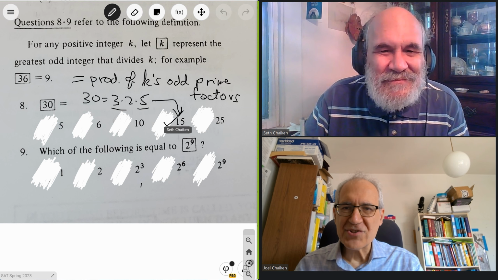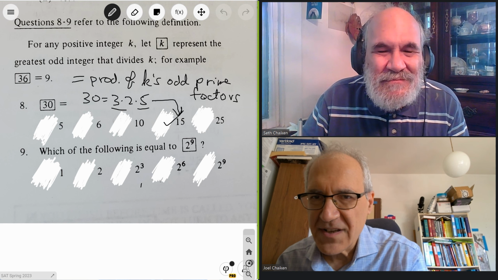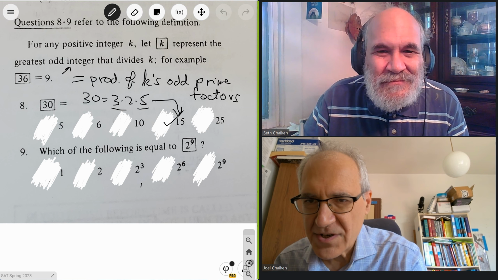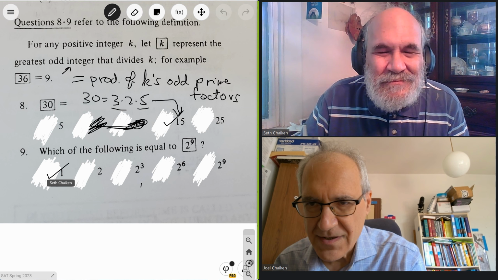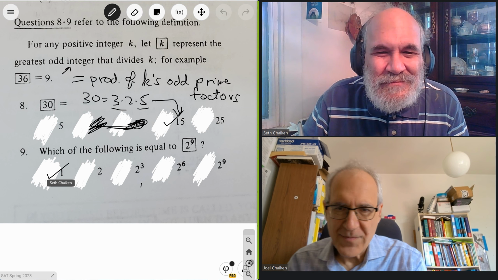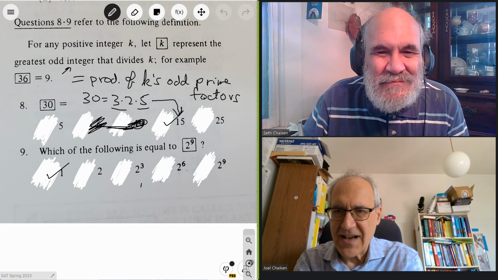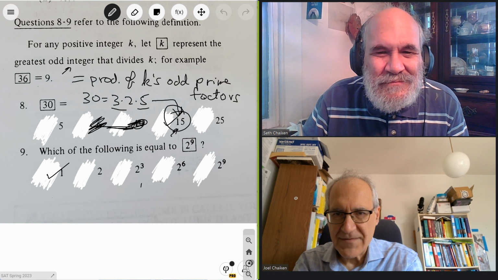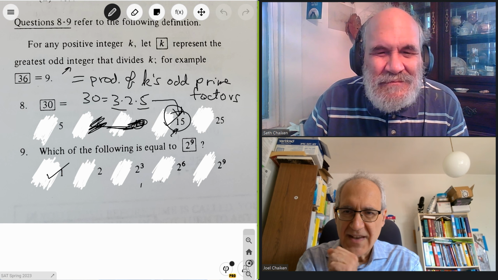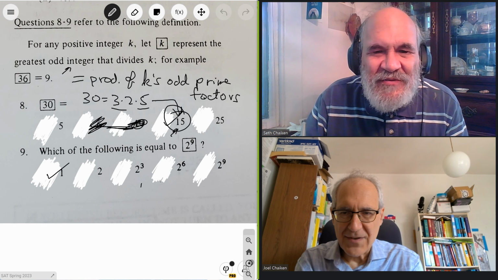Or you can just look at the answers. They want the greatest odd integer, so these can't be the answers. You can really just do multiple choice, right? 5 is not it. 15 is odd, and it is greater than 5. So 15 has to be the answer. And here, all of these are even. But it's faster